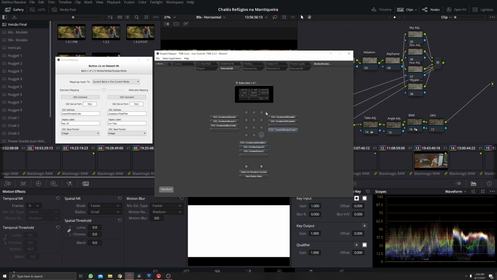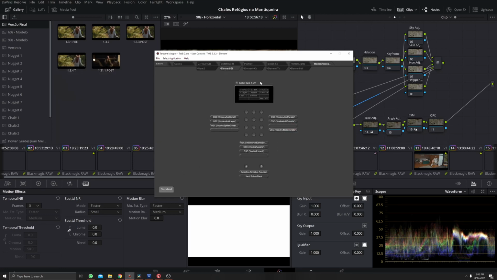We can reset all the node tree, and pressing the alternate key, we can select the scope, so we can select what scope we want to see, or display focus and low pass here on our scopes. So in this selection mode, we have controls for scopes and nodes too. It will be fast because you just click one button and you are there. You can control your nodes and etc.